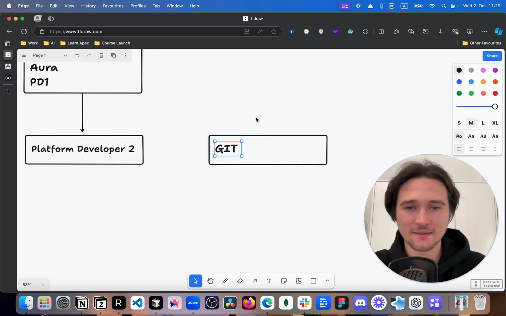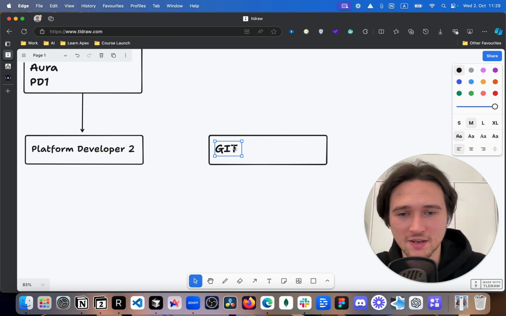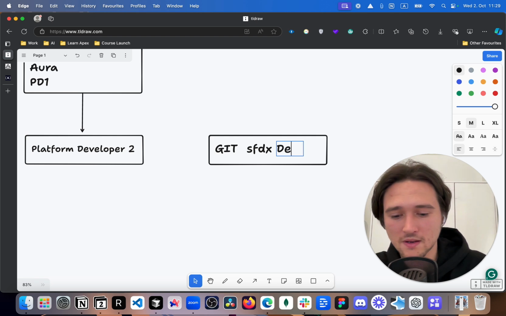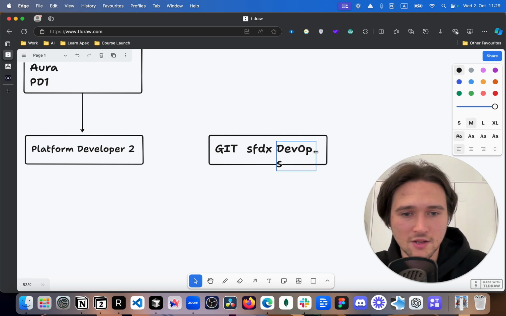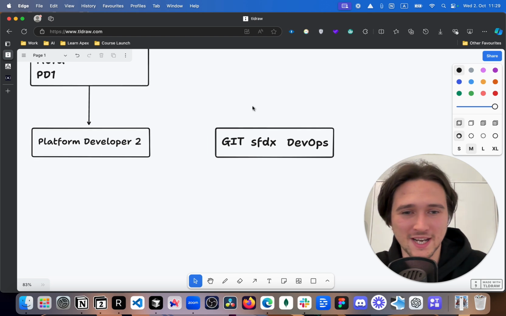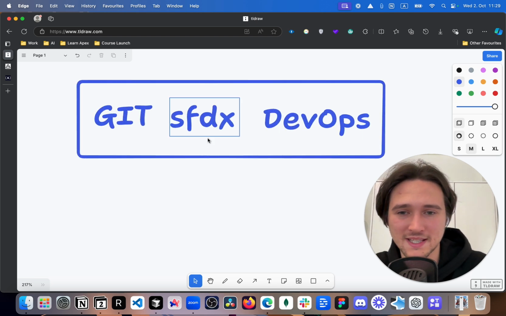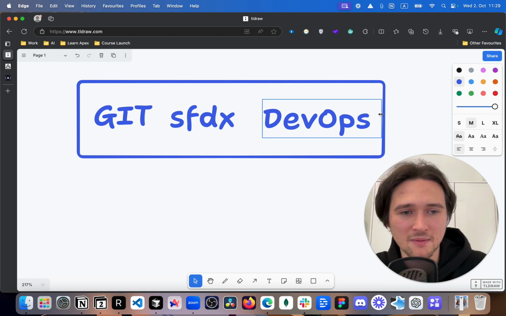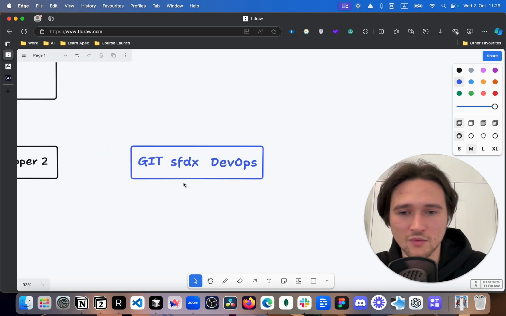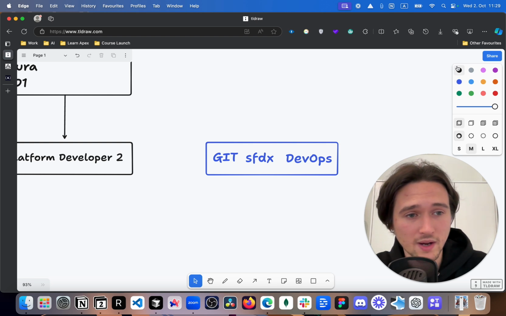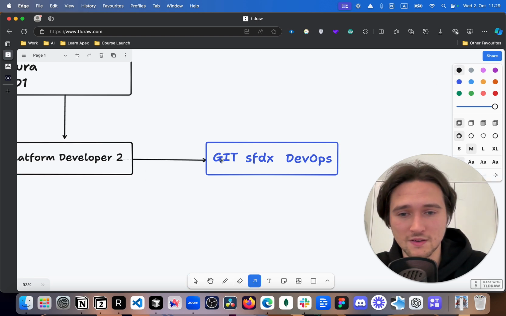So Git is something that people literally leave out. They never study it. Okay, so learn Git and then learn stuff like SFDX and stuff like DevOps. Those are not sexy topics, but those are very sexy topics when you're getting hired. This is what differentiates you a lot from other people, because probably no one even mentions that they know SFDX and all this stuff. But that's going to help you a lot as a developer. You do need to understand them very well, because you're going to be working with those things every day, and it's just crazy to skip this part. Just crazy. Okay?